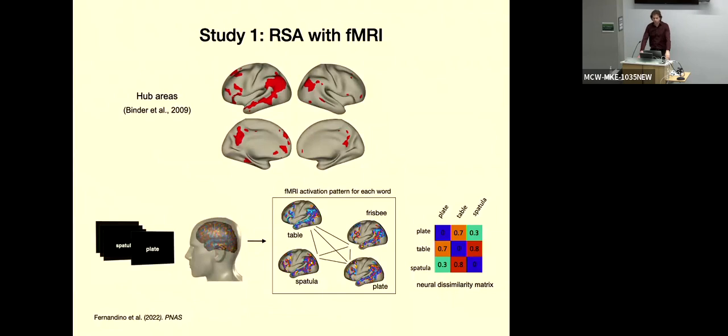And we computed this neural dissimilarity matrix only from brain areas that correspond to the high-level hubs, the default mode network hubs or semantic areas. So at the bottom here, you can see it's only the activation within the colored voxels that we're using to generate the neural dissimilarity matrix. So it doesn't include any areas that are known to participate in sensory motor processes. It does not include visual cortex or somatosensory cortex. It's only the high-level hubs.